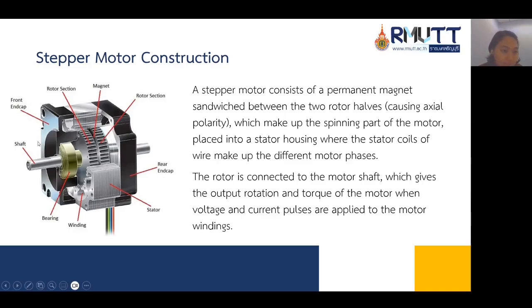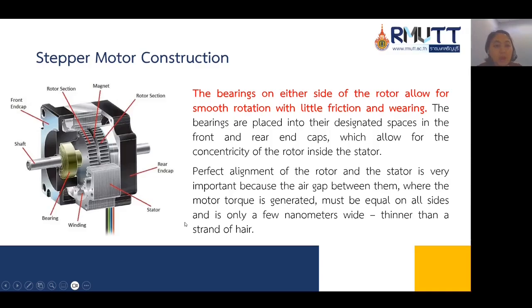This is the shaft, this is the front end cap, this is the rear end cap, this is the rotor section, this is the permanent magnet, this is the stator, this is the winding, and this is the bearing. The bearings on either side of the rotor allow for smooth rotation with little friction and wear.